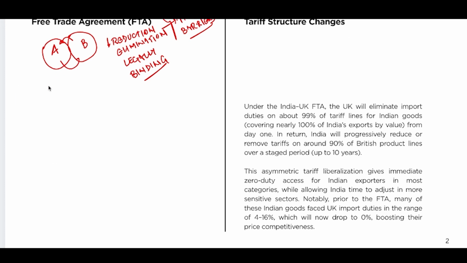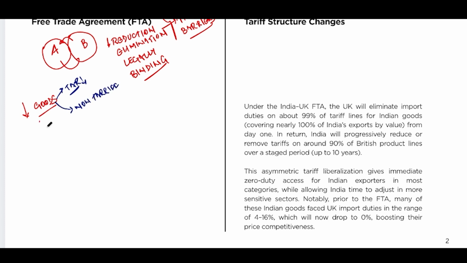When these two countries generally come together, the first conversation is around reduction in trade barriers, mainly on goods, because these are the easiest ones to restrict or cut down, which means the nation states start by reducing tariff barriers on goods, that is import duty, and then they move towards non-tariff barriers.